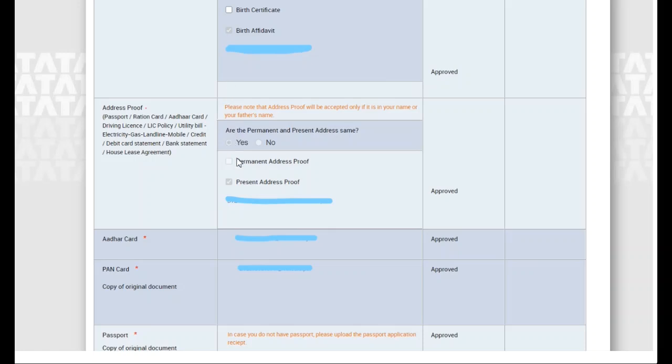As I had both permanent and present address the same, I have clicked here and uploaded the further documents. And after address proof, you have to upload your Aadhaar card, and next is PAN card, and after that you have to upload your passport.